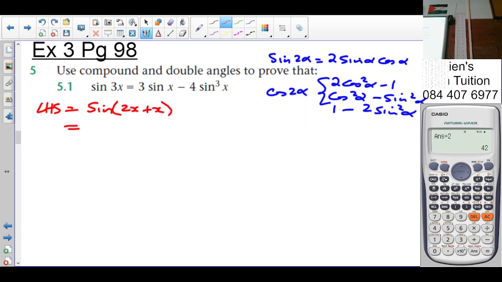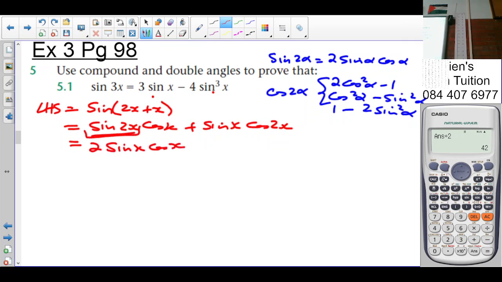So sine expansion is going to be sine alpha cos beta plus sine beta cos alpha. You see, it's only sines, so I keep the sines and change the cosines. So that day we don't have a choice. We can go into 2 sine x cos x, okay, plus, now times cos x, which is this one here,